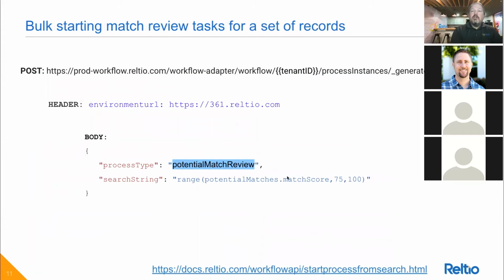Here, this assumes that you're using the scoring aspect within Reltio. Not all of our customers assign match scores to their match rules. So if you're not assigning scores, then this specific search filter would not be appropriate. Using one that's more specific to the rules that were triggered might be more appropriate,